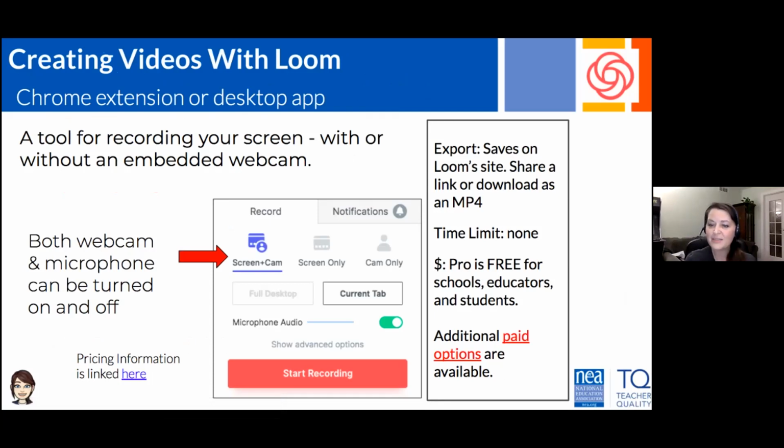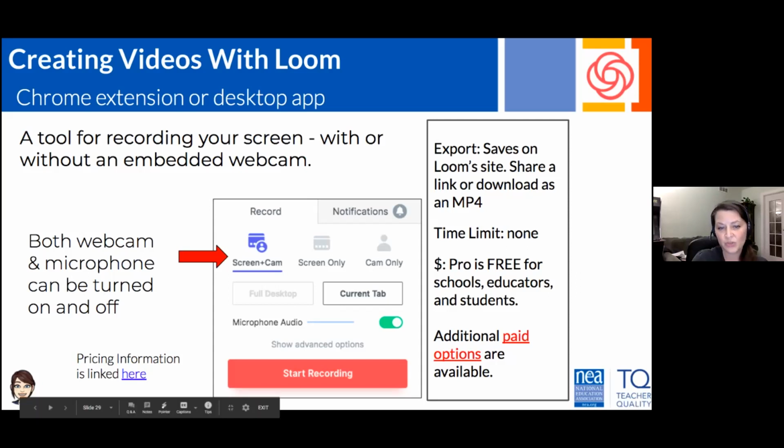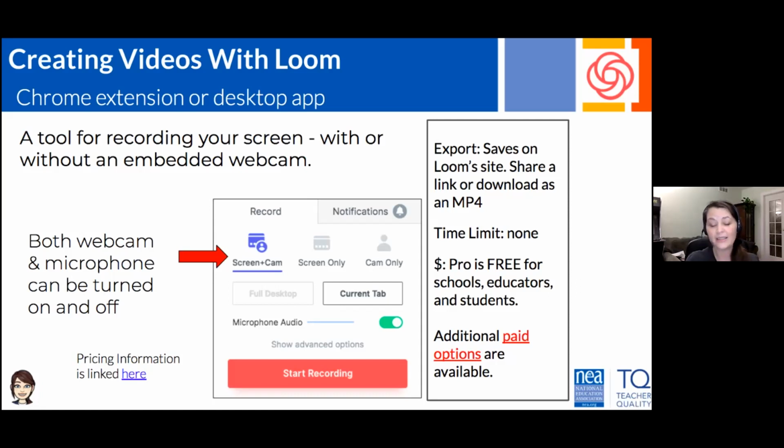So it's very similar to Screencastify in how it looks and how it works. Just as we mentioned in Screencastify, you can do your screen and your camera, just your screen, or just your camera. You can do the full desktop or just a tab. And then again, make sure your audio is turned on. It should be green. And then you really just click start recording.